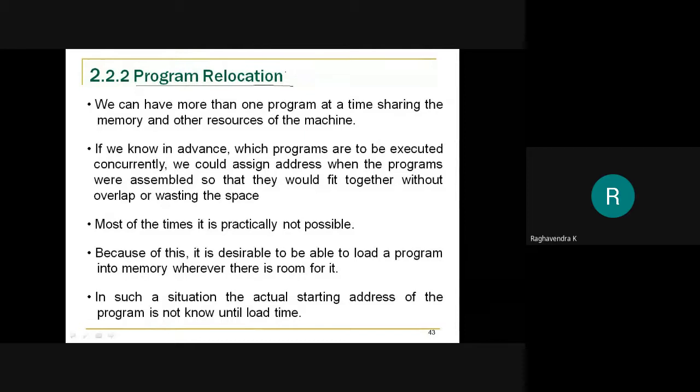Now remember that program relocation in the case of SIC/XE was supported because it uses relative addressing mode. The advantage is that we would not have to change the instructions if we want to load the program anywhere else.